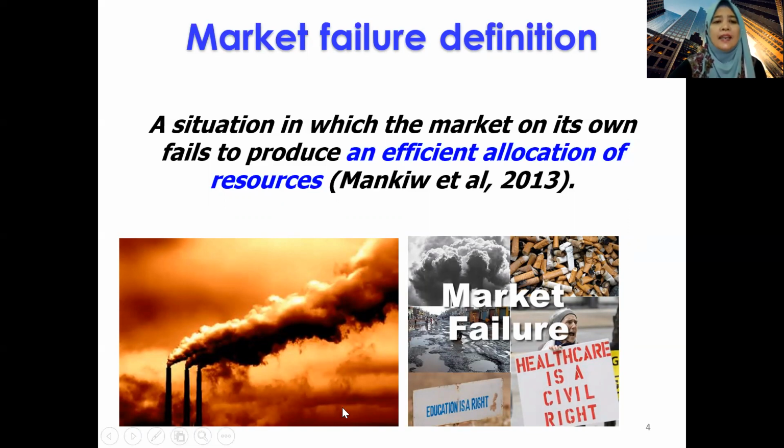So we can see here an example of air pollution caused by industries. The industrial activity is a private activity, but the resultant cost to the society is larger than what the factories pay. They should have paid more for polluting the air, because society has to suffer the consequences of it, right? So there are other examples, like littering,